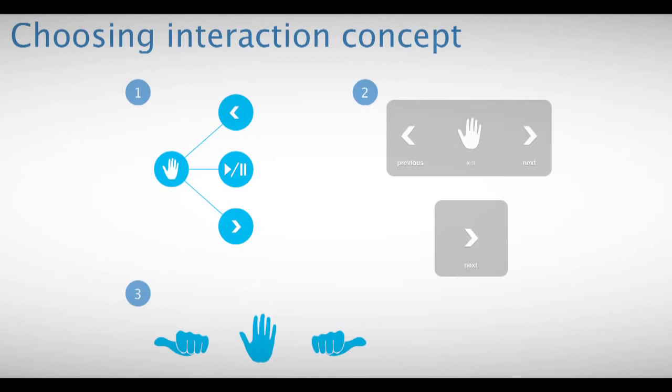And once you make your choice, movement, then you get the second smaller icon telling you what action was performed. And this is the concept we ended up using for the moment, but it's not necessarily the best one. So that's why I'm showing you all the options. And then the third option is